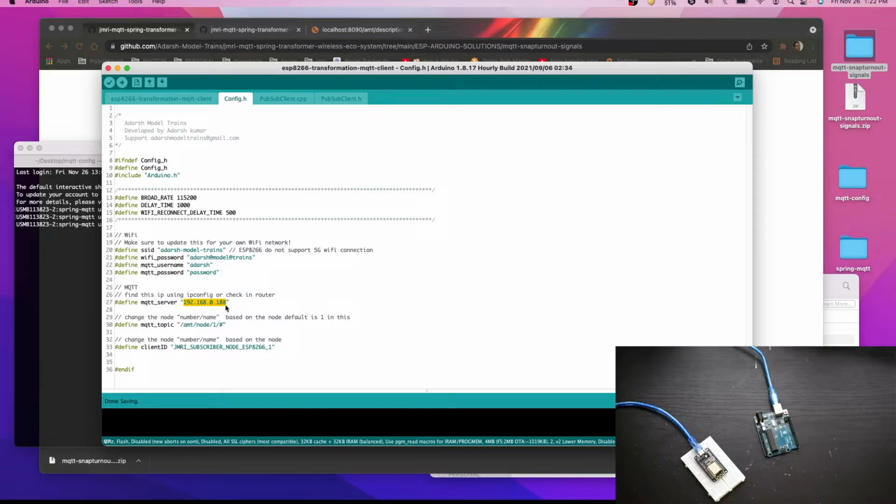This is the port, and this is the host name, for the machine where my MQTT server is running. Basically it's the same machine, and this is the MQTT topic. We are using node 1, so we need only node 1 here, and this is the client ID. If you are using many clients, you can change the IDs based on that. So this is what we need now.